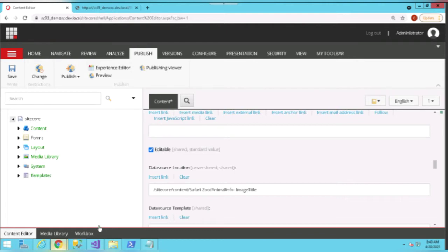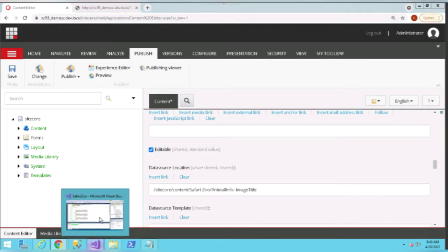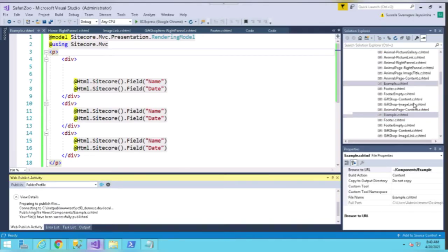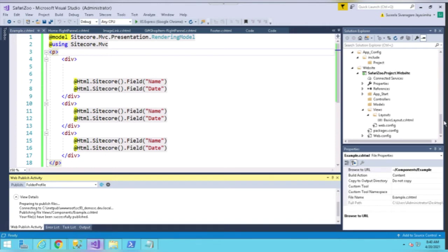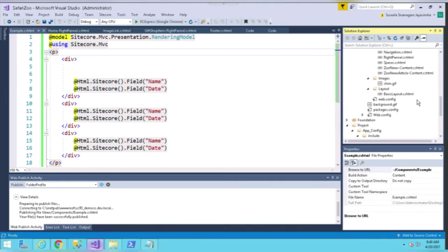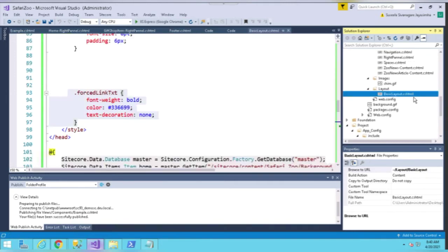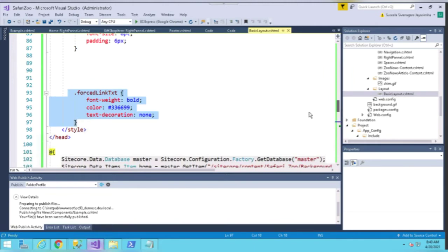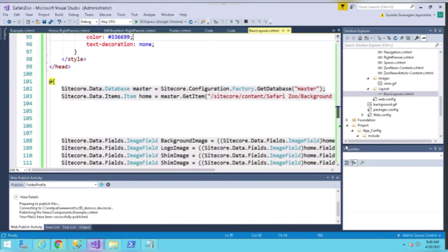I'm already having one placeholder in my layout, so let's see my main layout and find this placeholder. You can see here this is my basic layout, and you can find various placeholders in my layout.